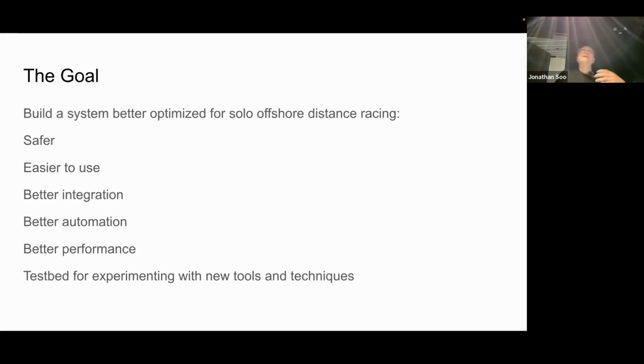There's also, and I'll get into some specific examples, cases where there are other tools that you may be using that are not going to be running on those systems. They're going to be running on something like a laptop, completely disconnected from the built-in systems, and you have to manually figure out how to connect those things together. So I wanted to have something where you don't have that, because the next piece of that is having better